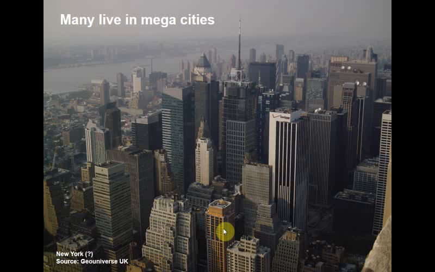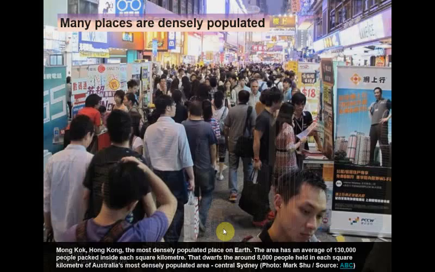I've tried to find it. It's just an image, but it could either be New York, it might be London. Does anyone recognise any of the buildings? Or maybe, I think it might be New York, given that sort of, see down the bottom, that sort of style of tiered building seems to be more a US style than others. Anyway, big city, let's just say it's New York, mega cities.